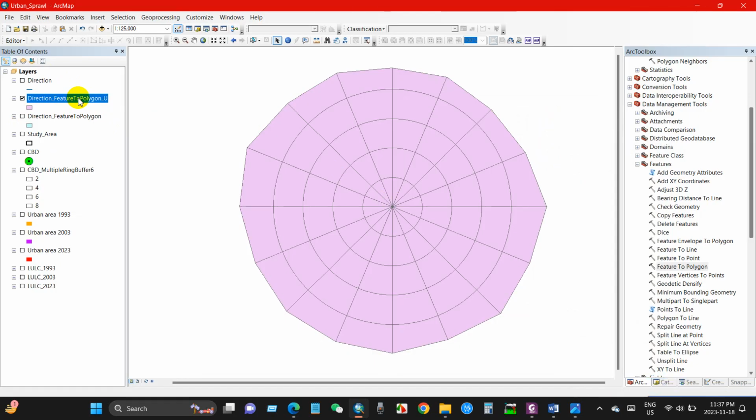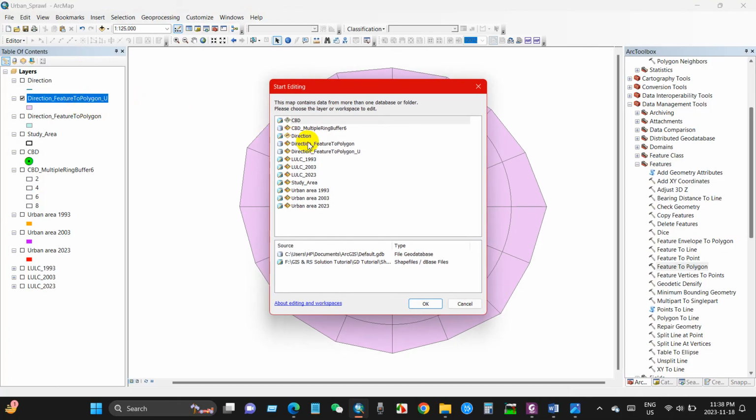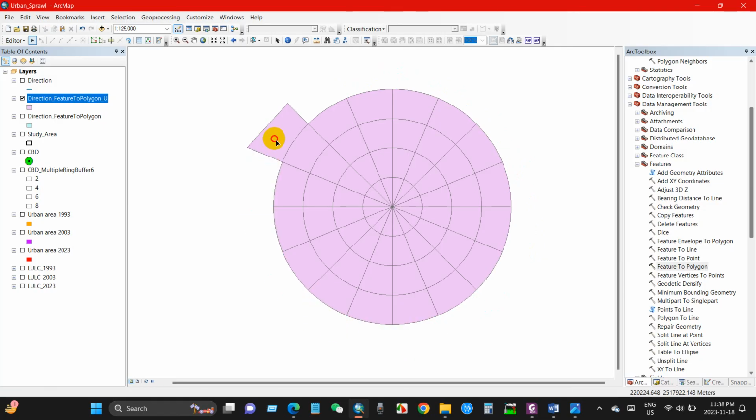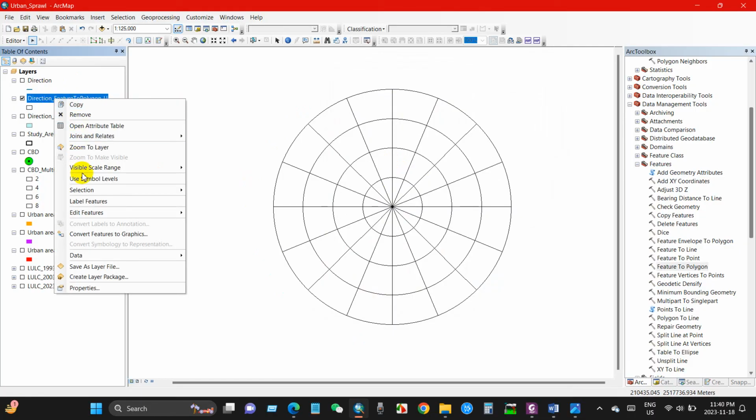Just start editing. Direction feature to polygon union. Yes, this one. Just delete the extra part, I mean extra polygon from here. Make it hollow, and you can